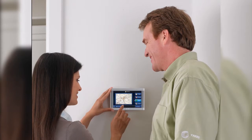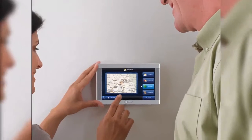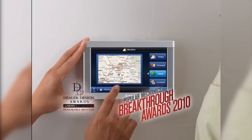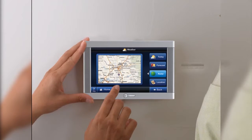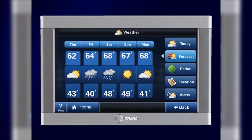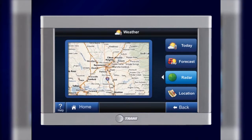At Trane, we believe advanced comfort should be at your fingertips. With the award-winning Trane Comfort Link 2 control, you can take comfort and convenience to a whole new level. Featuring an easy-to-use 7-inch high-definition color touchscreen display, Comfort Link 2 provides you with live weather information, including forecasts, radar,